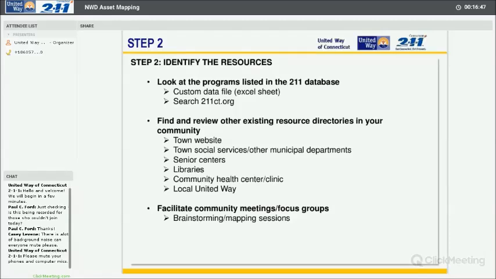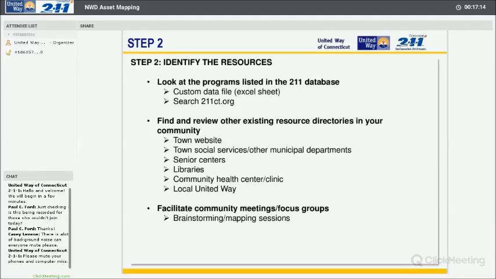Again, there are several different ways to go about identifying those resources. The first way, and probably the most obvious, is to look at the programs that are already listed in the 211 database. We can do that either by pulling a custom data file for you in an individual spreadsheet, or you can